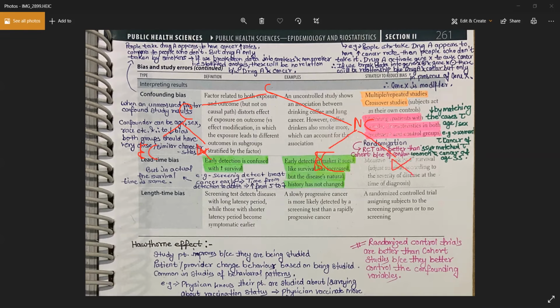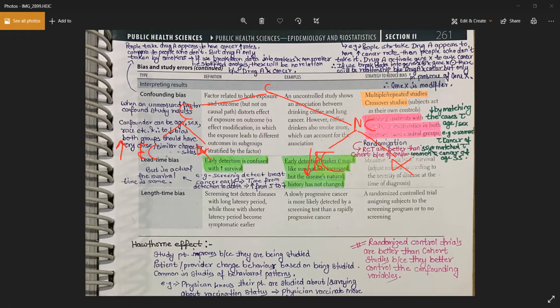The rate of esophageal cancer is very high in the group who were having chocolates, while the rate is very low, like 1 or 2 individuals out of 100, in those who were not eating chocolates. In individuals who were eating chocolates, the cases of esophageal cancer were like 50 or 60. So looking at the result of the study, it looks like chocolate is the cause of esophageal cancer. But when you further stratified the data,